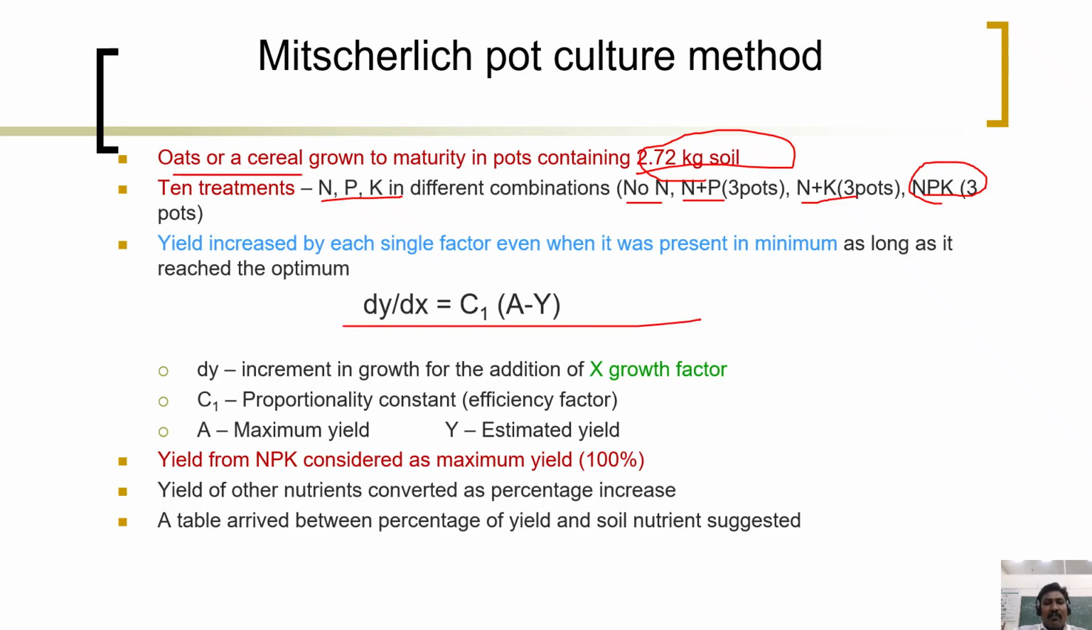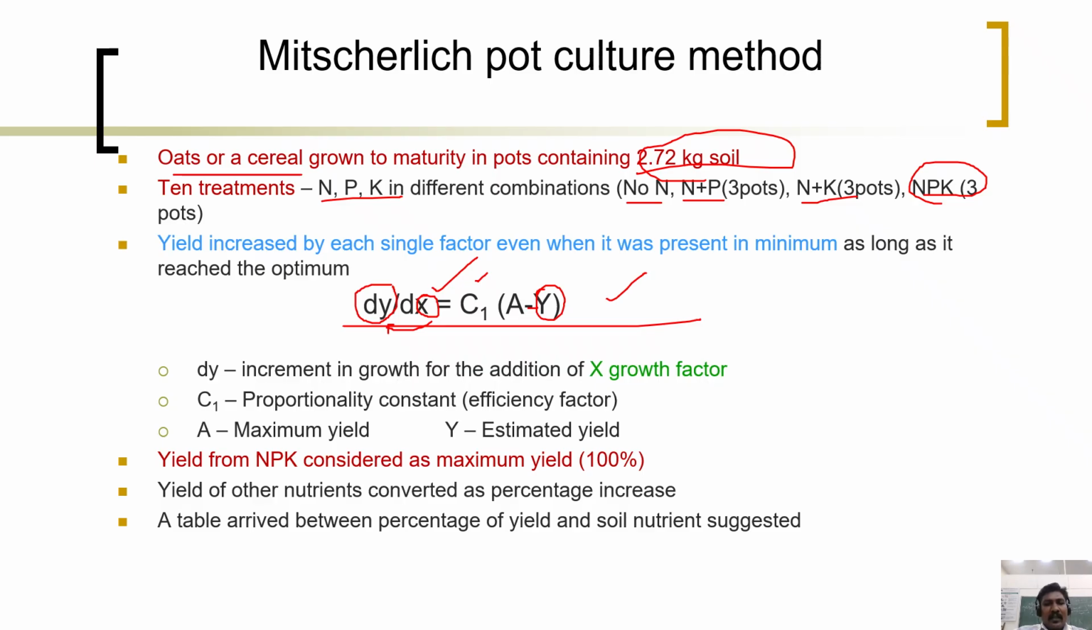The yield increased by each factor or each nutrient will be calculated here using this formula. This is Mitscherlich's formula. dy is the increment in growth. x is a growth factor, because of which the yield is increasing. C is a constant, A is the maximum yield, and y is the estimated yield. So by using this formula, you can easily get the soil fertility level